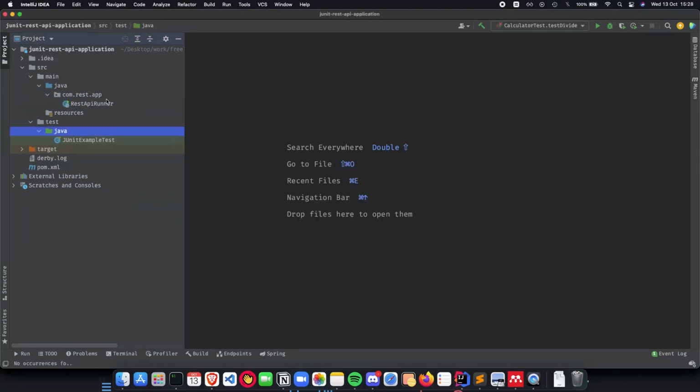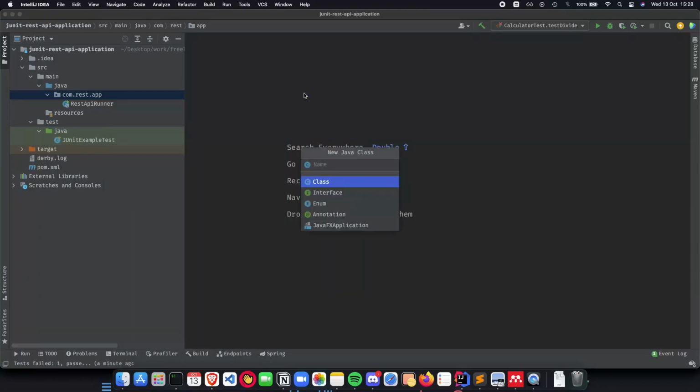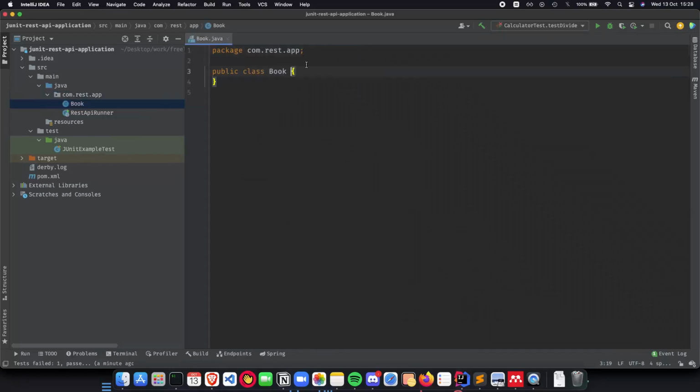The next thing that we are going to add is a domain layer. So basically, an entity which we will be using throughout our videos, and which we'll be using for our REST API application. So somewhere where we can store our data in a class, right? So let's make a library or a book management system. So we'll have a book class, and here we will be adding everything.